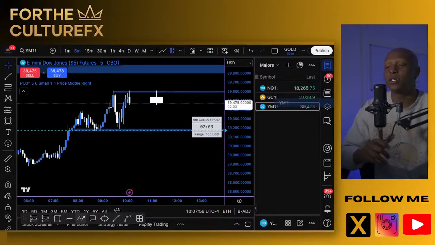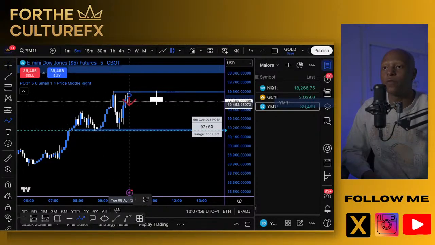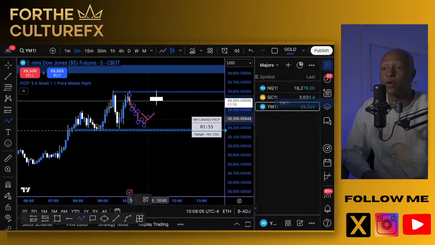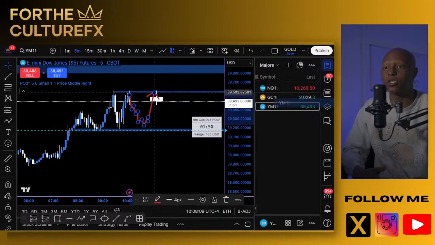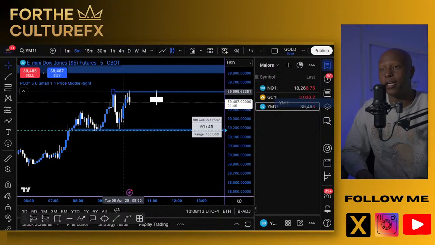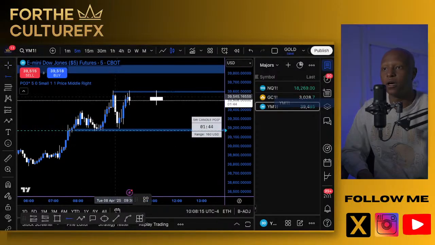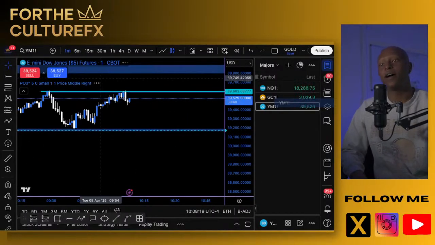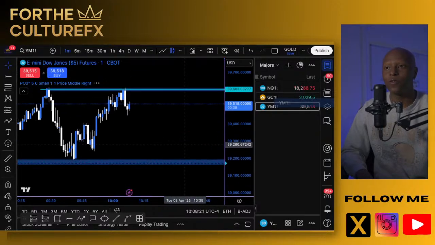I need price to come back, form a smaller time frame, lower lows and lower highs within this wave here. And then for us to get yet another smaller time frame shift, I look to enter in if we get that 5-minute candle close in the direction of our trend with that smaller time frame shift. I'll go ahead and execute on buy positions to take out these highs up here, the highs that's created in the current 4-hour candle.